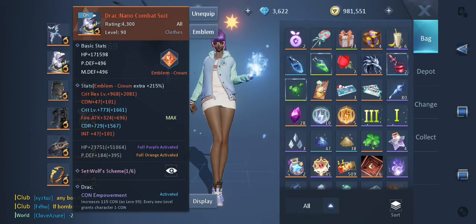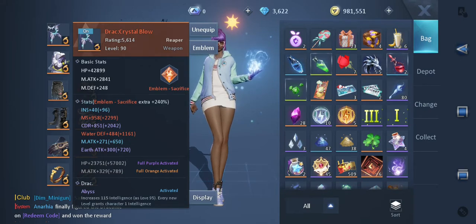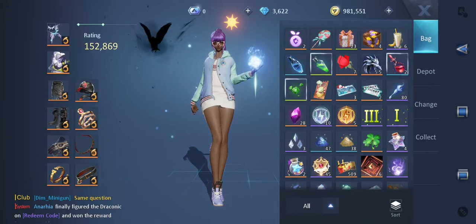So what they're gonna tell you, if you ask somebody that is pay to player, they're gonna tell you, no, you're gonna need a lot of fire attack. You're gonna need a lot of critical rests, which is a kind of lie. What you basically honestly need is, you need int, you need dex, you need CDR, and you need con, you need critical level, and then you need int and MS, and then you put wind attack, earth attack on any gear you want, any gear,